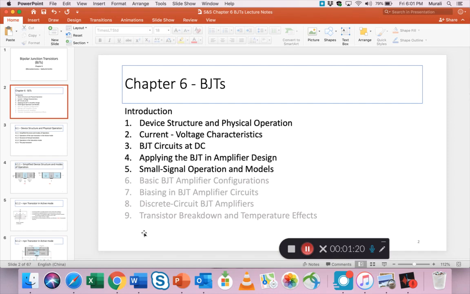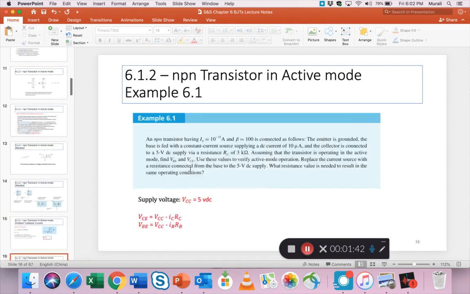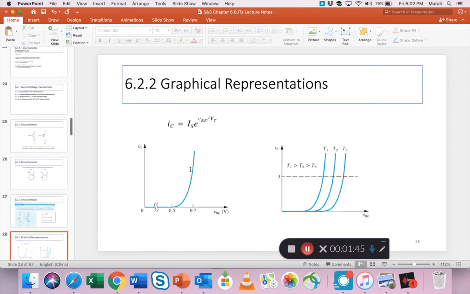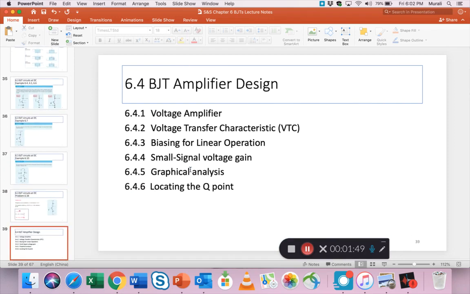So for now, the plan is to do section 4, which is applying the BJT in amplifier design, and section 5, small signal operations and models. To get to section 4, I have to skip many slides in my PowerPoint. I will skip to slide 39. Yes, okay. So I'm on slide 39 of the PowerPoint,